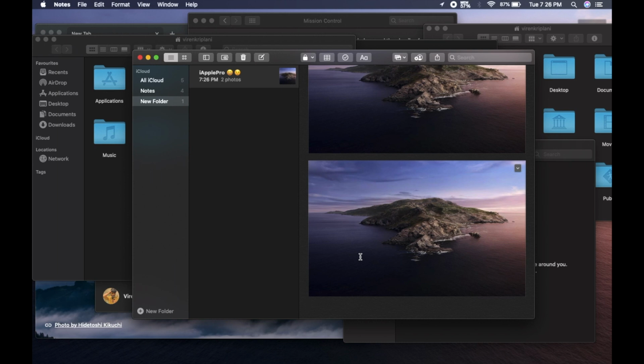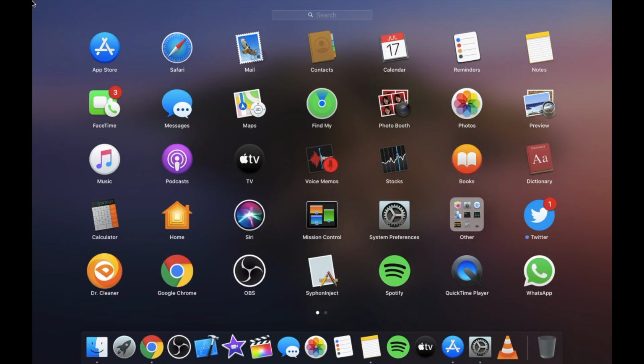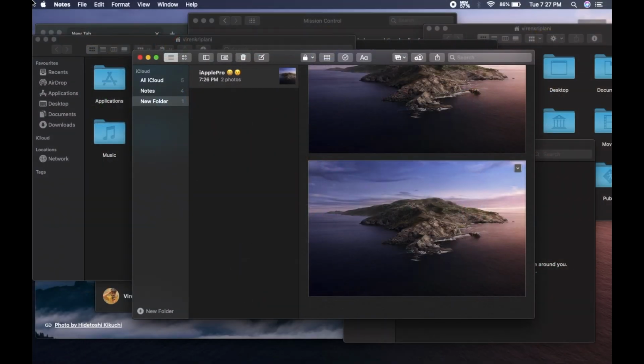I also have a hot corner configured to show my Launchpad, which allows me to quickly access any app that I have on my Mac. So I'm just going to put the cursor in the upper left corner and that shows the Launchpad. Now look, I have access to all my apps directly on Launchpad, and when I am done or don't want to launch any application, I just put my cursor back on the upper left corner and that will take me back to the screen I was on.